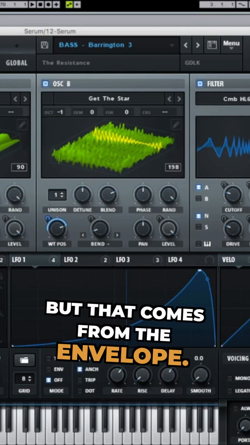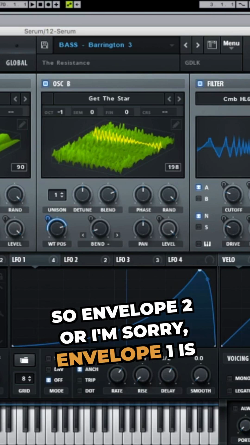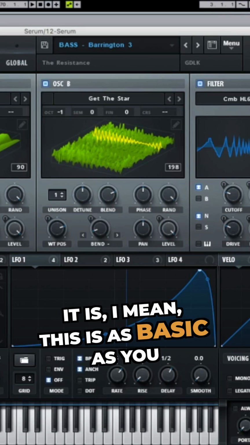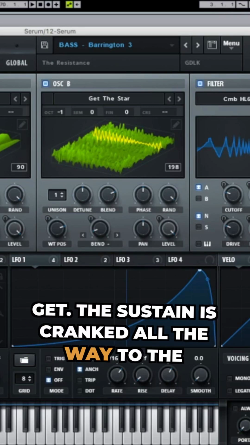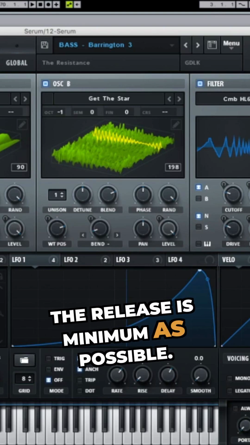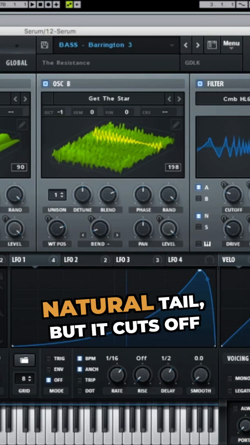But that comes from the envelope. So envelope 1 is already set to the master volume. This is as basic as you get. The sustain is cranked all the way to the front. The attack is cranked all the way to the front. The release is minimum as possible. That way it does have a little bit of a natural tail, but it cuts off